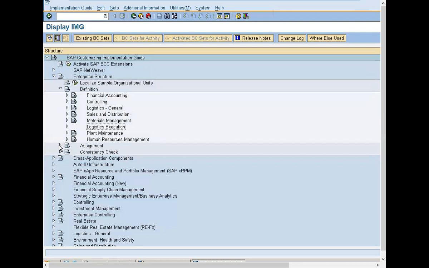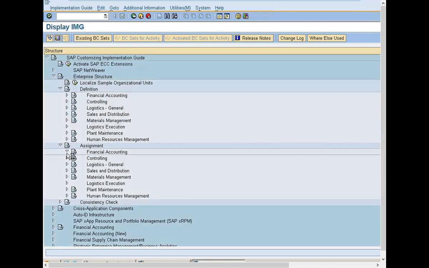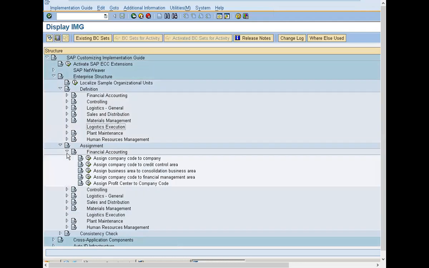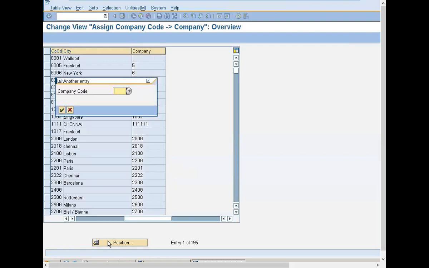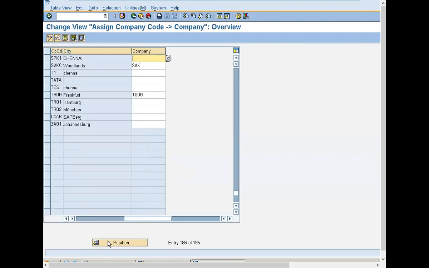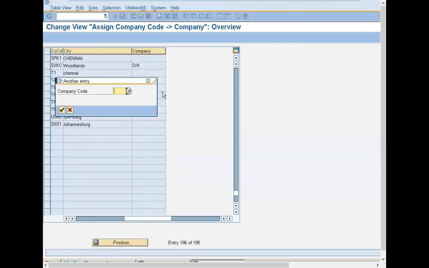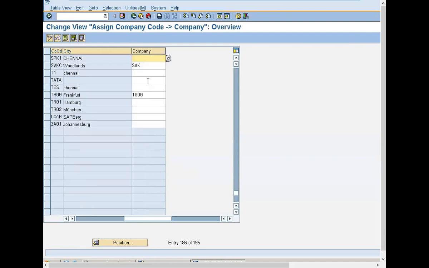Go to assignment, financial accounting, assign company code to company. Now go to position, go to company code SPK1. See here, enter company. SPK101 is my company. Now press enter and save. If you enter something wrong, the system will not allow you to save.